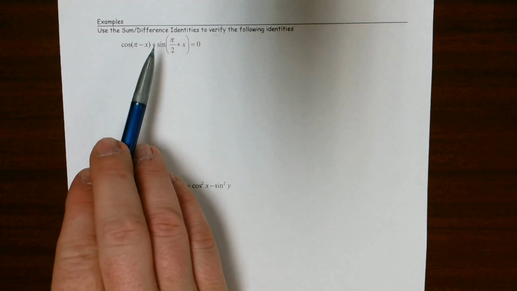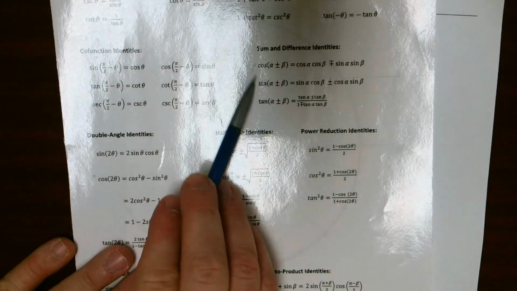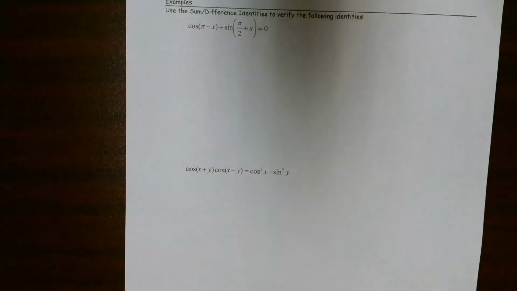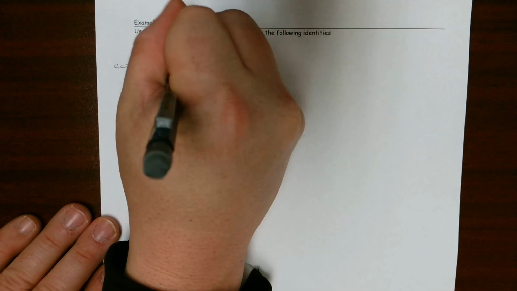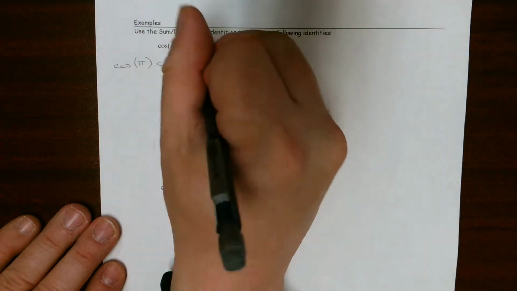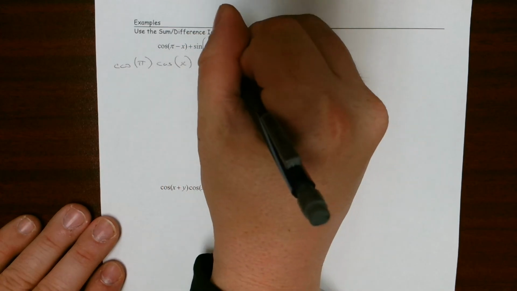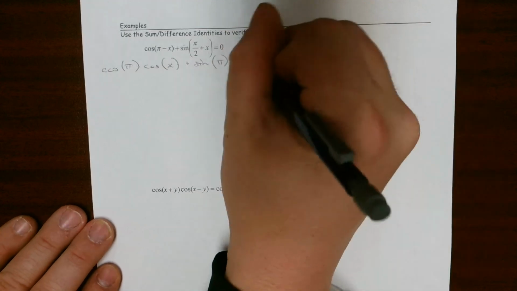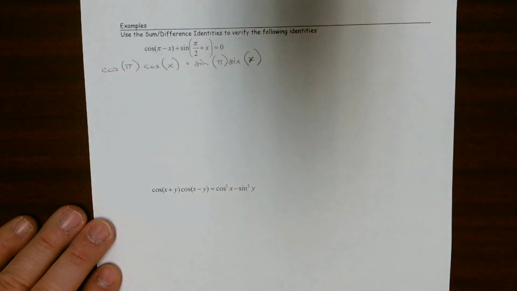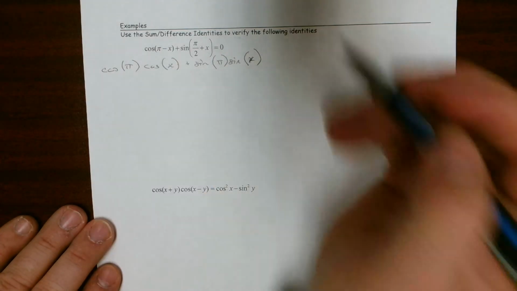Okay, so clearly we're working on the left side, and our sum and difference identities should be jumping off the page at you. We're going to be using our cosine and our sine sum and difference identities here. Now cosine of an angle minus an angle is equal to cosine of the first angle times cosine of the second angle plus sine of that first angle times sine of that second angle. And then we have to do plus